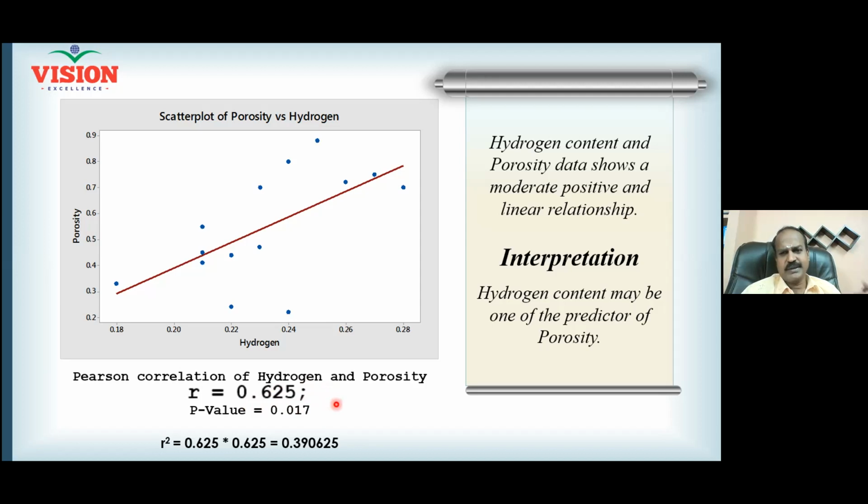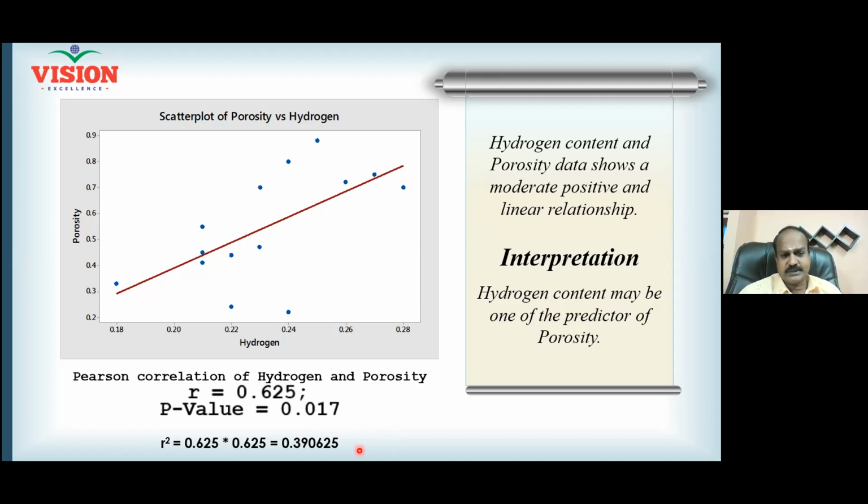Always, anytime you use the data, you have to check the p-value. Otherwise, all your calculations and findings can go wrong. So the p-value is less than 5%. That means whatever you are saying now is statistically correct. And now I wanted to take you one step further. We are calculating one more thing, which is R square. Now this R square is called the coefficient of determination. That will also be helpful to us.